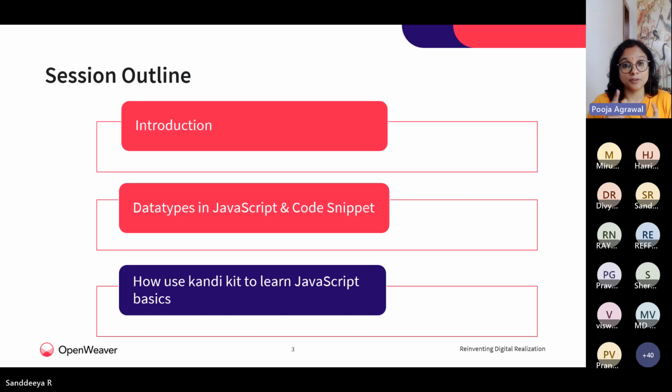Today we'll give you a brief introduction to the most important technology, which is JavaScript. Using that, we would first go through a simple login page, and then we will proceed to create a simple 2048 game that most of you may have played by now. We'll talk about the data types in JavaScript. We'll do a simple code snippet exercise as we go through the concepts of the session. And then we will jump into developing the 2048 game using these JavaScript basics.